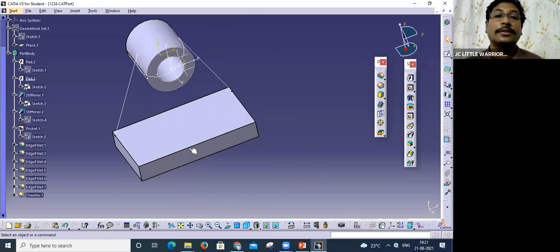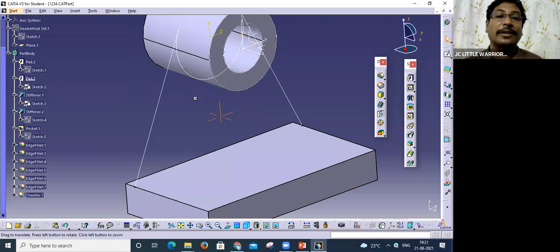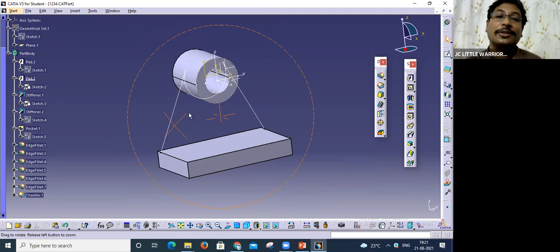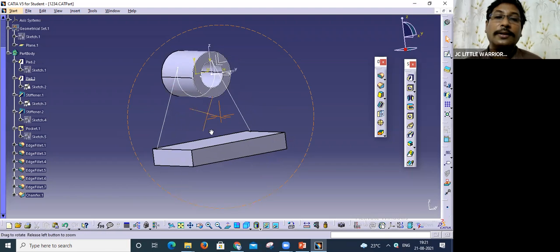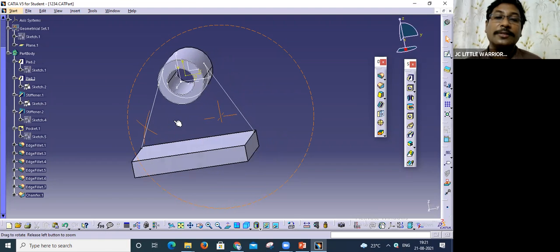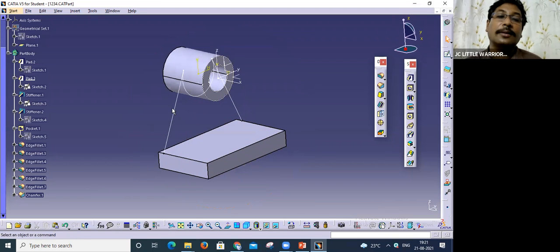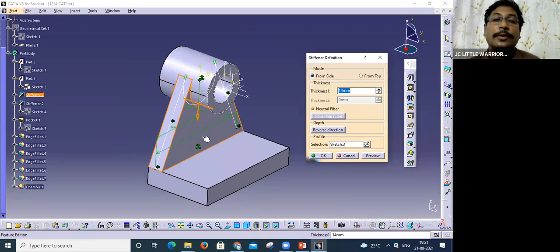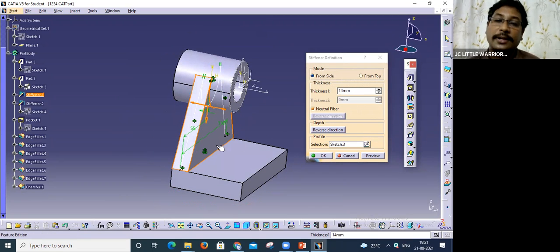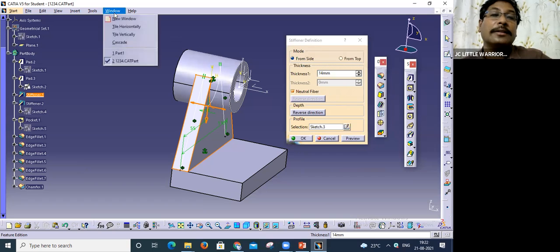So for example, say this is the profile we created. Okay, the profile was different, because there were two cylinders. Now see, we only have this profile. This is the completed profile, and then how to use the stiffener. For the stiffener, from side and from top, we have both options, but in this case we are going to use from side. The thickness will be distributed from side, and neutral fiber we can select, and then